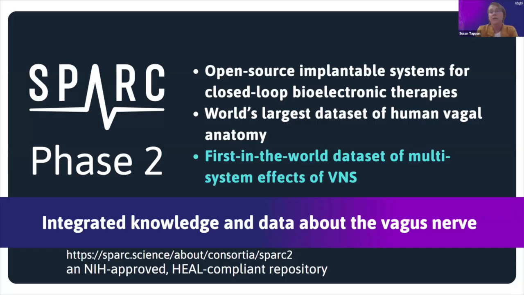Through his work with Spark, Dr. Osborn is advancing our understanding of how neuromodulation technologies can be used to treat disorders of the autonomic nervous system. His research focuses on developing innovative therapeutic approaches that could transform treatment options for patients with conditions affecting heart rate, blood pressure, digestion, and other vital autonomic functions.